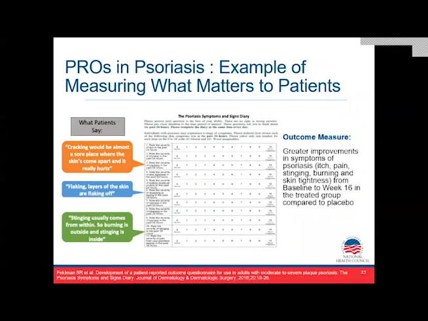And I'm going to end my piece just with an example of PROs in psoriasis and showing, measuring what matters to patients. So on the left-hand side, you start out with the concept elicitation, and these are quotes from psoriasis patients in the qualitative research. For example, cracking would be almost a sore place where the skins come apart and it really hurts. So you go from all of that concept elicitation through the iterative steps. You have an instrument, you end up with a PRO instrument such as the one shown here called the Psoriasis